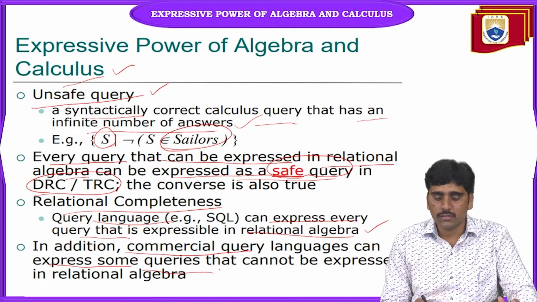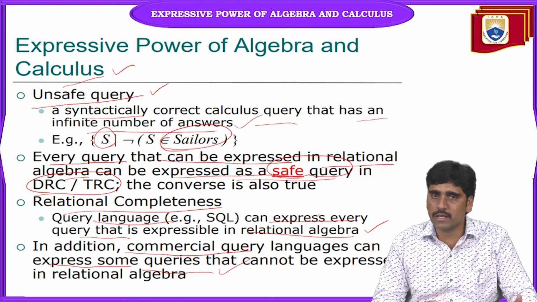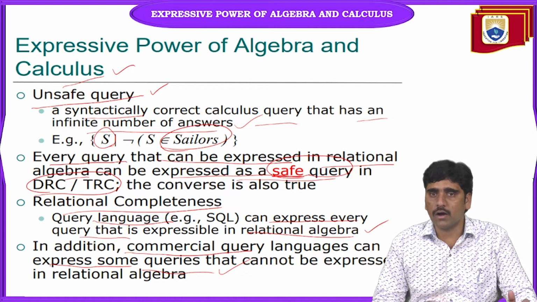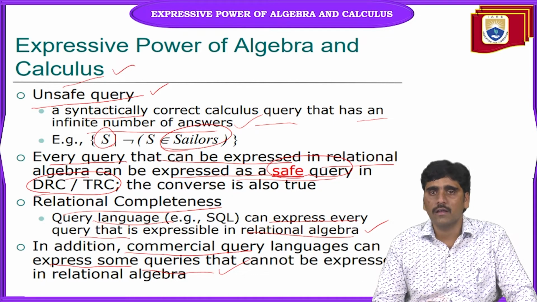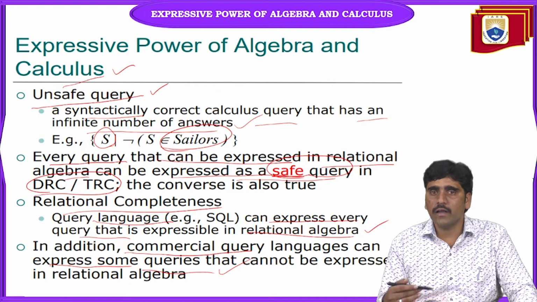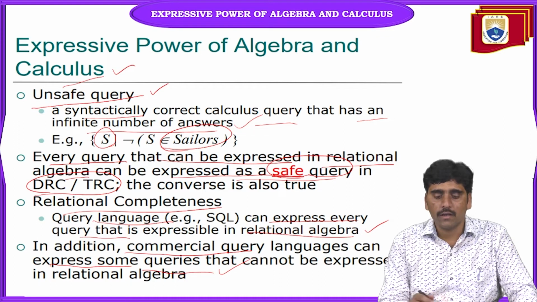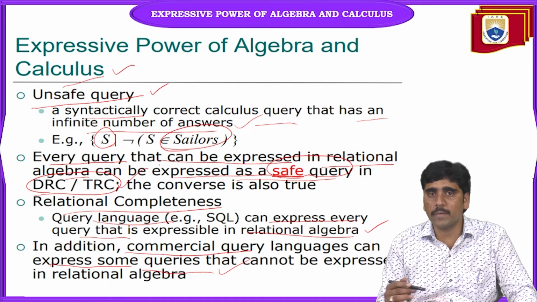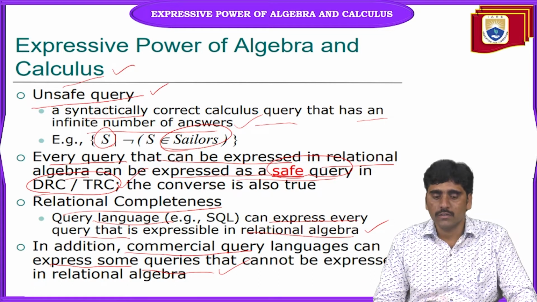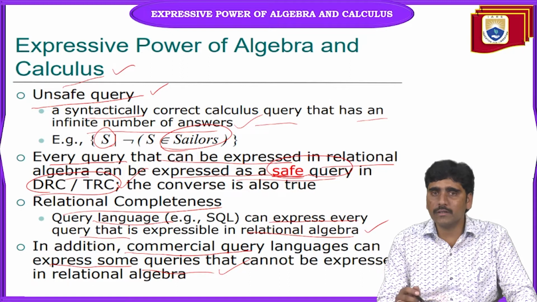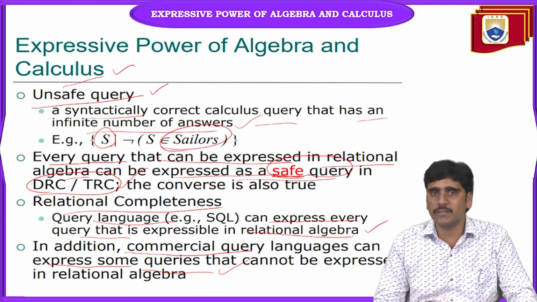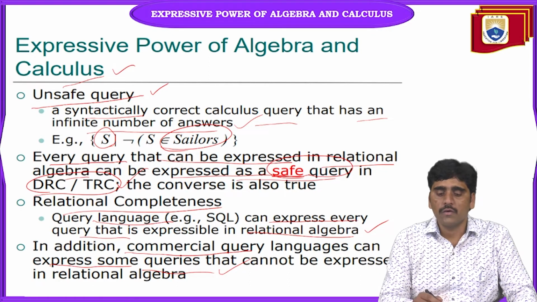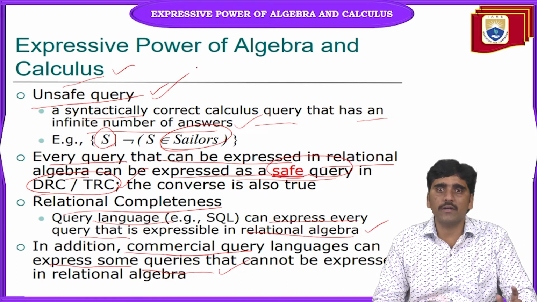So some queries cannot be expressed as relational algebraic operations, but some queries can be expressed like TRC, DRC, tuple relational calculus or domain relational calculus. So the main importance of the expressive power of algebra and calculus is writing the unsafe queries in different modes,